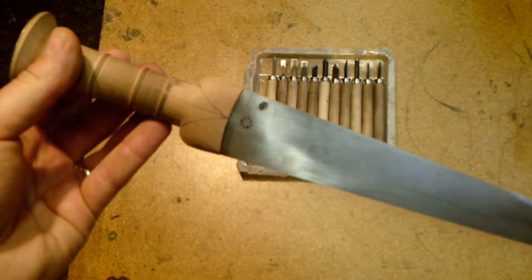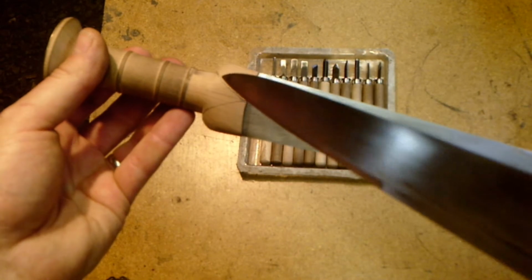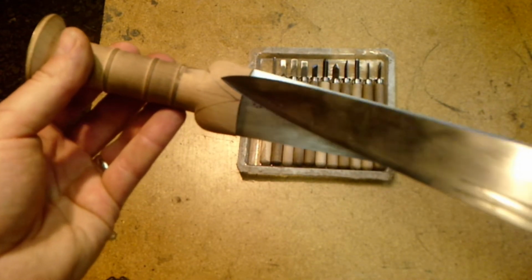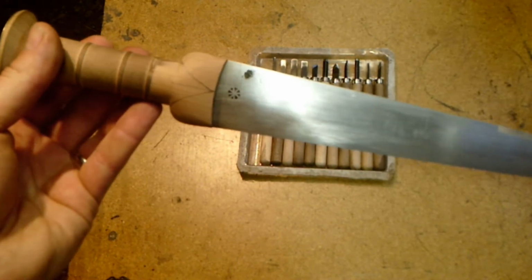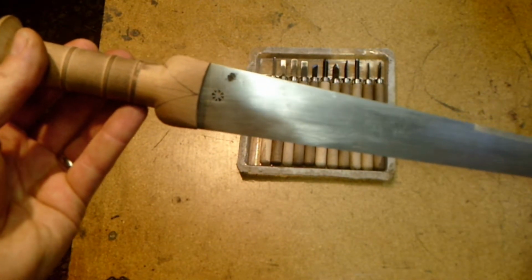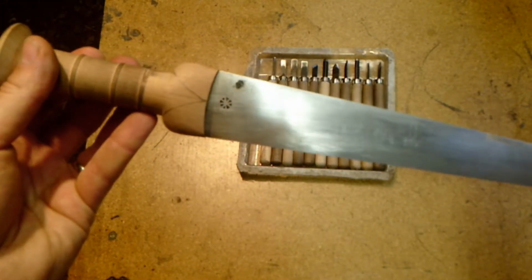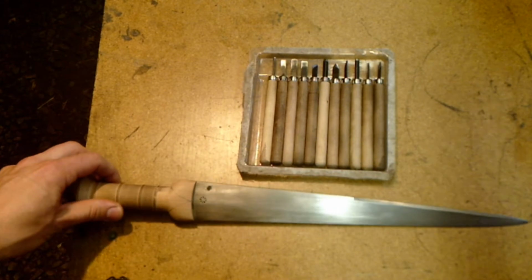Just for comparison, this one, as I said, is just going to have, get in here and point with this other knife, these two haunches carved into it. As time went on, the dirks became more and more elaborate. There's a lot more protective hardware that would be made and incorporated into them. And just for comparison,